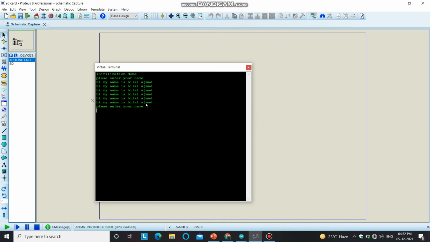Let me enter one different sentence here. So I am from Kashmir. Here you can see that I have not deleted the previous data. So when I entered my second sentence, I am from Kashmir, it printed I am from Kashmir, and then in 4 different lines, my name is Bilal Ahmed.